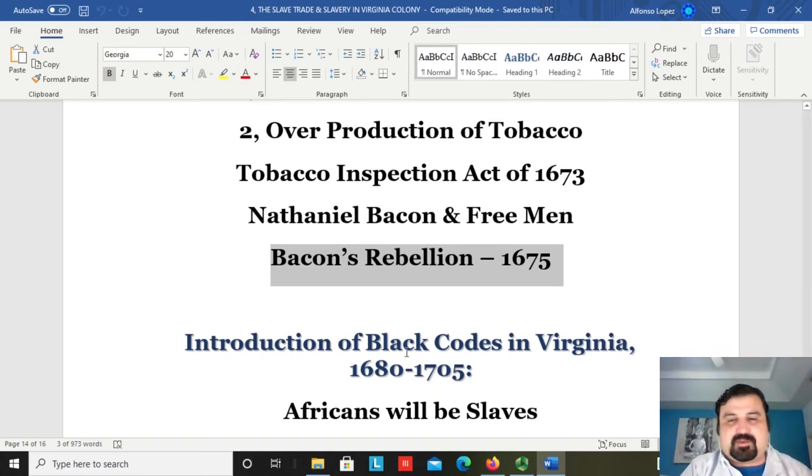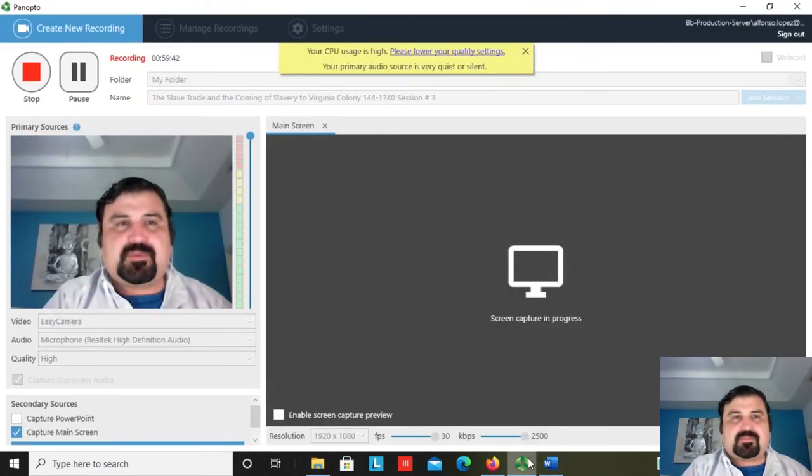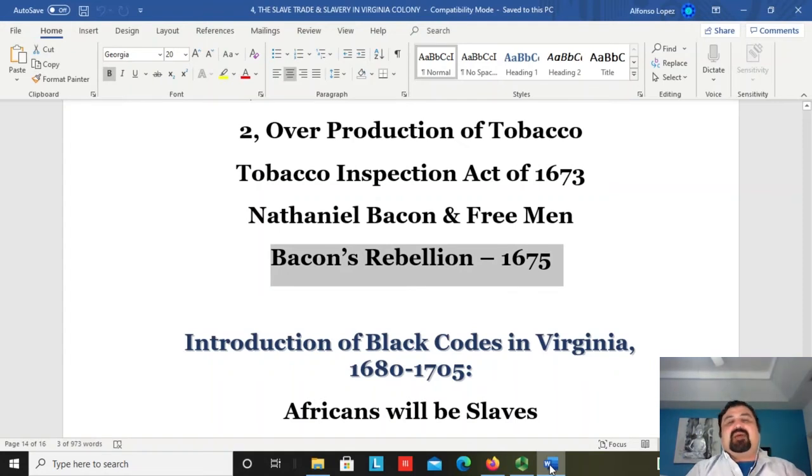So what happened then is that the colony was regained by Berkeley. He comes back with 1,000 British troops after a few months, and they had to rebuild Jamestown, by the way, from scratch and kind of reorganize the colony. But as they're trying to reorganize the colony after Bacon's Rebellion,